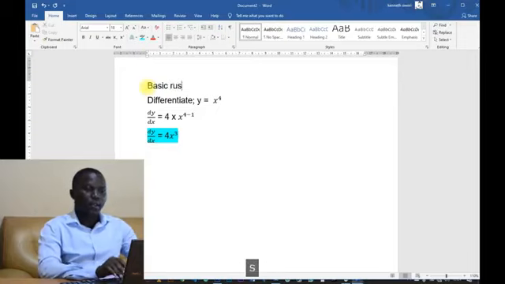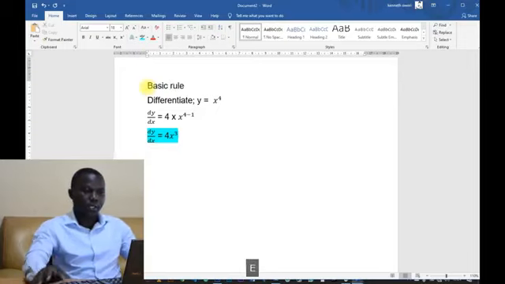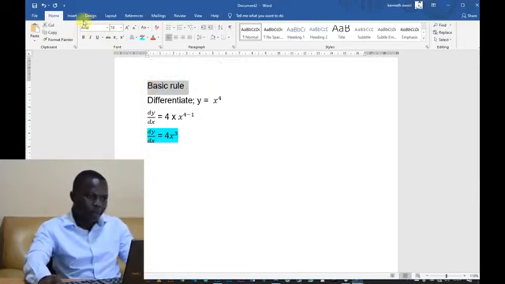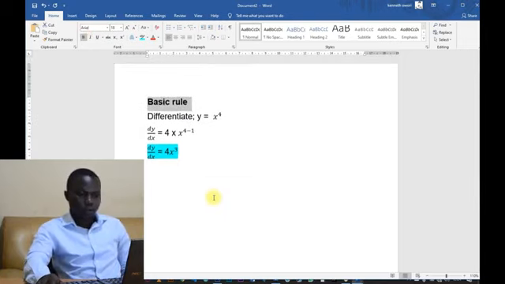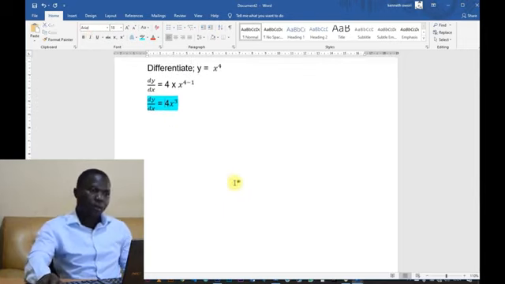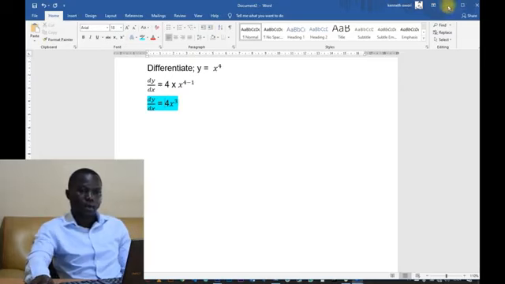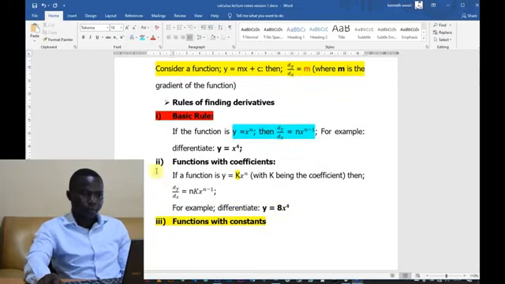So you find that the further we go, these rules keep on being inserted into other rules, meaning it is in addition to other rules we are going to look at. So that is the basic rule. If you go to the second rule, the second rule is functions